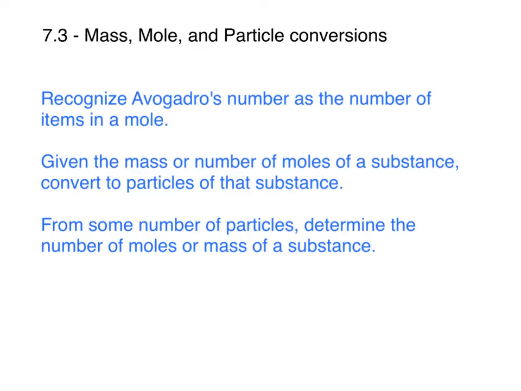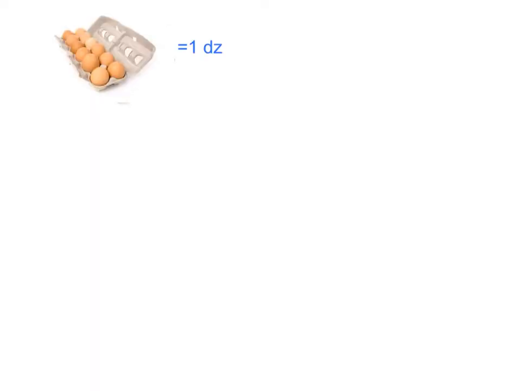Let's get started. Before we start into it with moles, let's take something that's a lot more familiar to everyone, the concept of a dozen. So everybody knows that 12 eggs in a box can also go by a dozen. 12 eggs equals 1 dozen. That's the basic equivalence relationship. So we can use that to convert back and forth between eggs and dozens or any other amount of